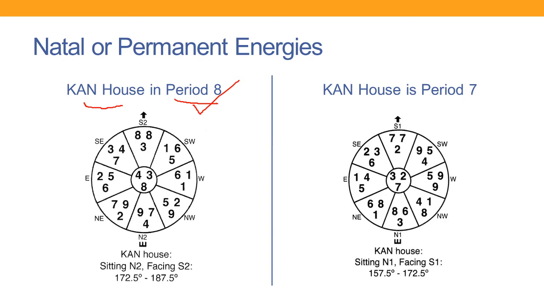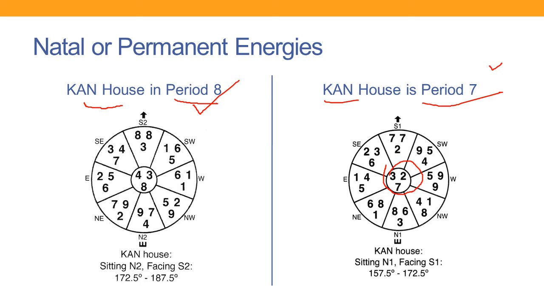and a Khan house. This is also Khan, built in period 8, and this is period 7. So as you can see, the chart is different. You will see based on the center